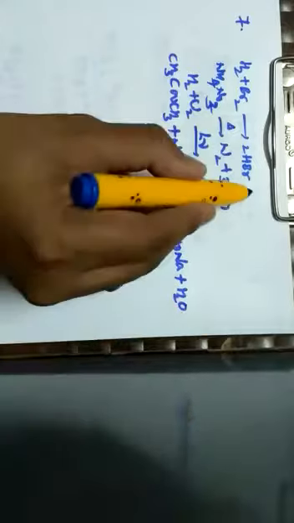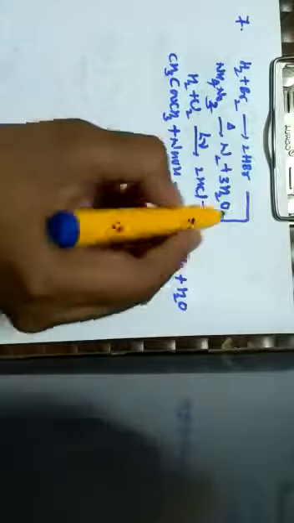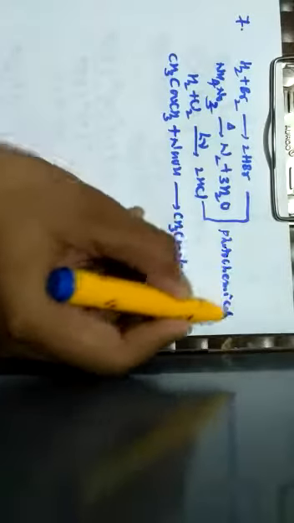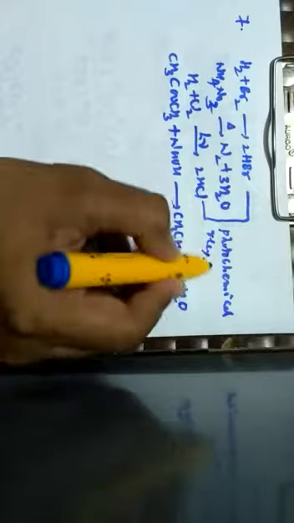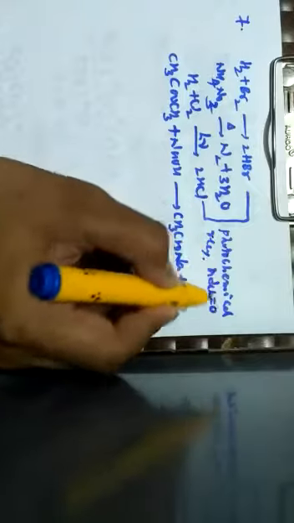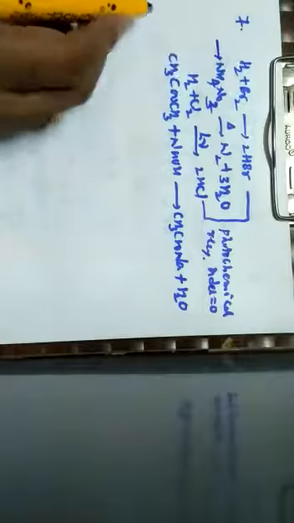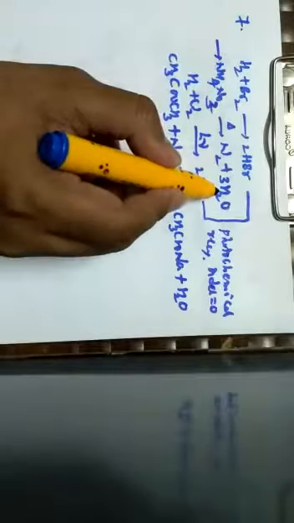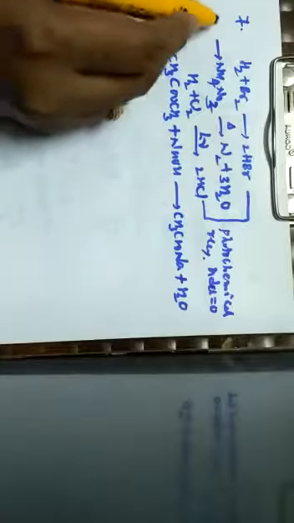So here the formation of HBr and the formation of HCl, since both the reactions are photochemical reactions. Always a photochemical reaction is considered as a zero order reaction. Here it is a decomposition reaction. So ammonium nitrate is decomposed to nitrogen and water molecule. Hence it is a first order reaction.